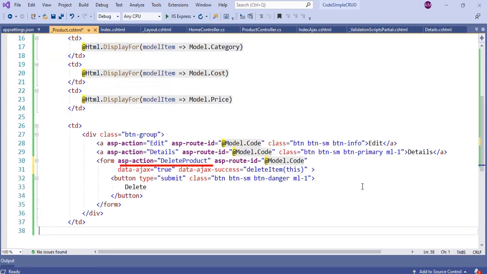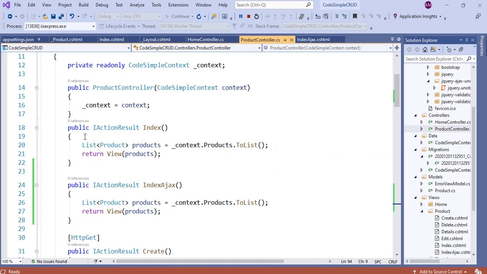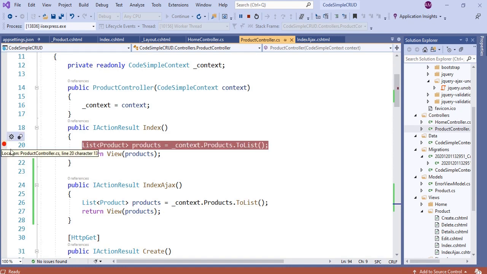Here we are first calling the controller method DeleteProduct, which will delete the product from the Products table on the server side, I mean in the database, and gives the action result as Ok. Then we call the deleteItem JavaScript method on the client side, I mean in the web browser. This function will remove the row in which the product is present from the HTML table by removing the particular tr tag. Let's run the application and we'll see the delete in action.